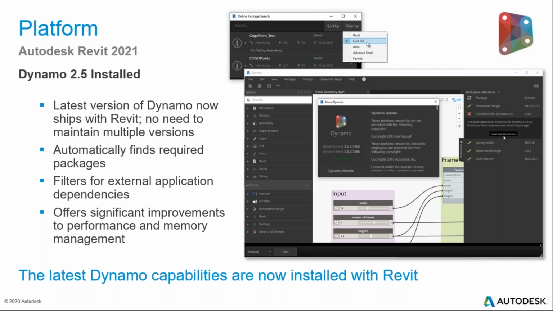In the package manager user interface, the download button has been removed to reduce confusion and promote positive reinforcement. The filter icon has been changed to filter by text to improve discoverability. Significant performance improvements have been made, particularly for large graphs that make changes to a Revit model. Runtimes have been reduced by almost up to 99.9%.